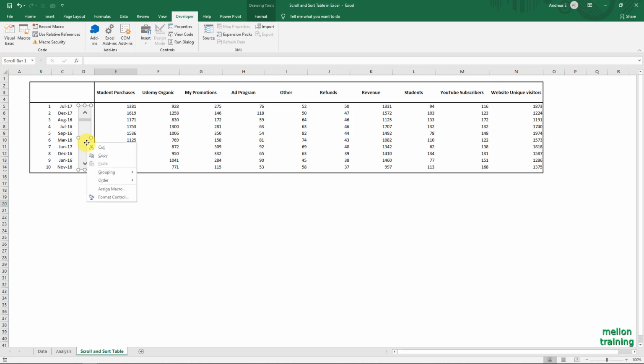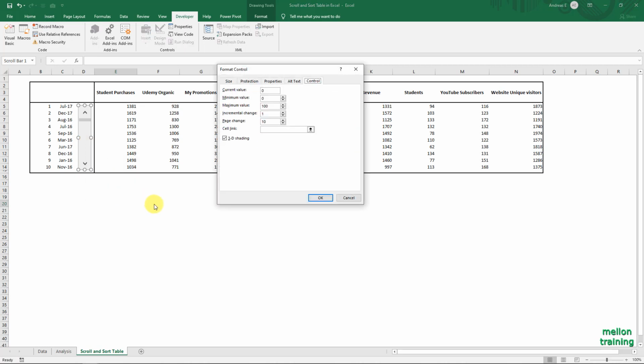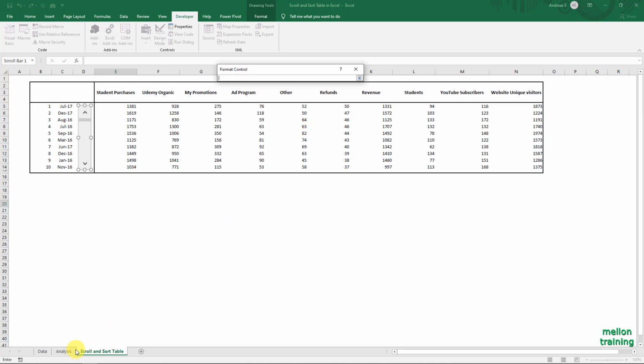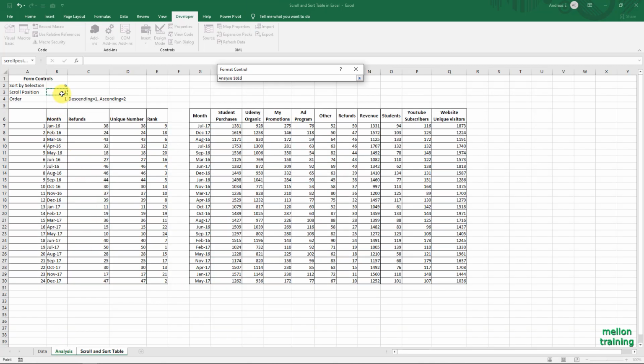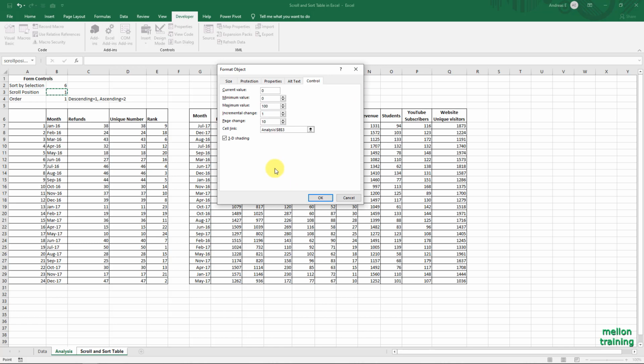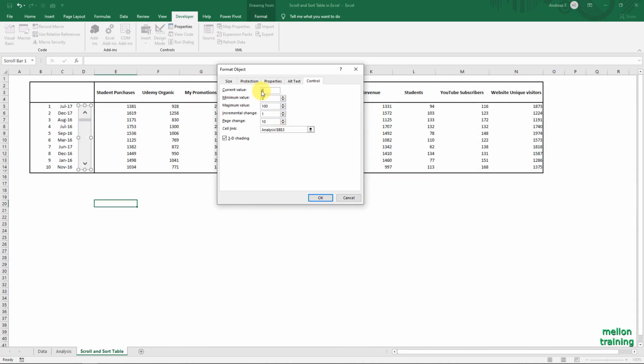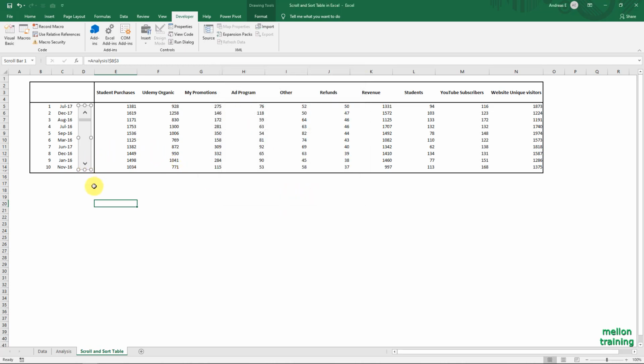Right-click and Format Control Properties. The cell link is B3 cell from the Analysis tab. The current and minimum value is 1 and the max value is 15 because I will keep only the first 10 rows. Press OK.